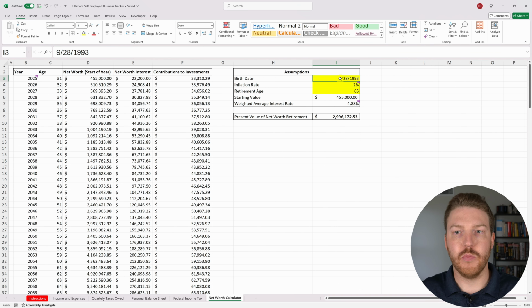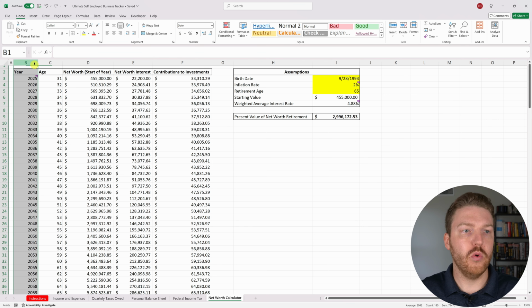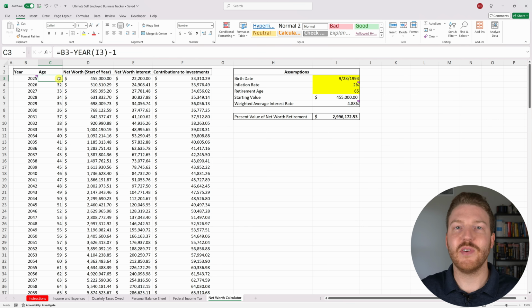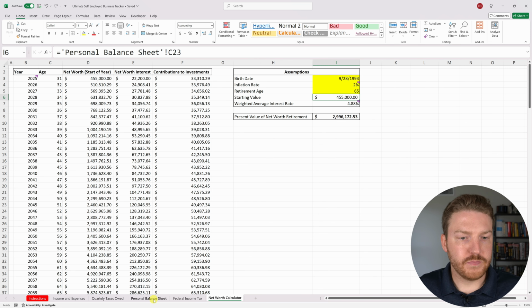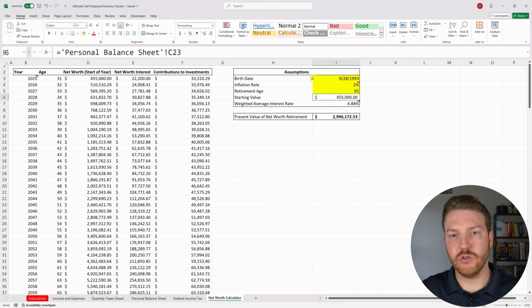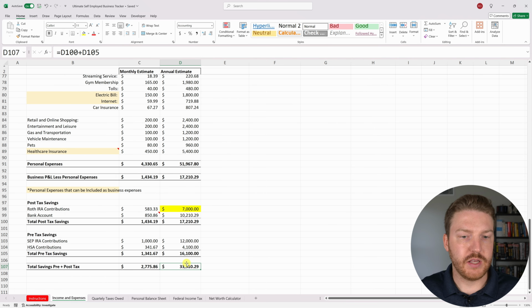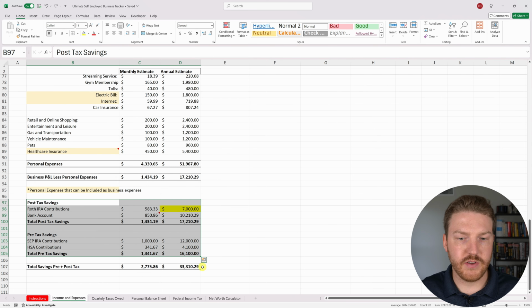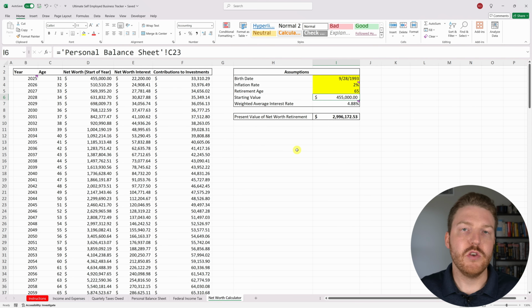where you can put in your birth date. So it figures out how old you actually are. And then we'll put in an inflation rate, an age you want to retire. Then we'll use that net worth from this page over here to factor into this, and also how much you're saving each month based on all these various savings to figure out, hey, if you can actually hit these forecasts